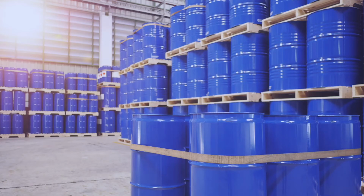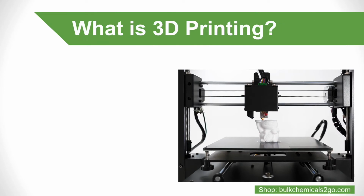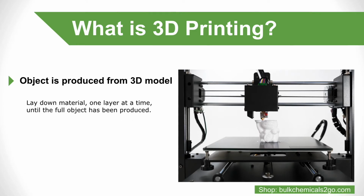Today's topic is, where is 3D printing used in medicine? What is 3D printing? 3D printing is the process in which an object is produced from a digital 3D model known as a CAD, or computer-aided design. 3D printers use that image to lay down material one layer at a time until the full object has been